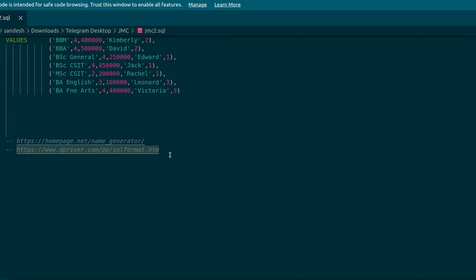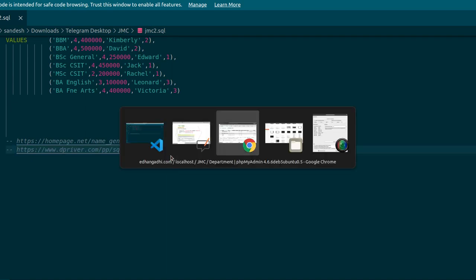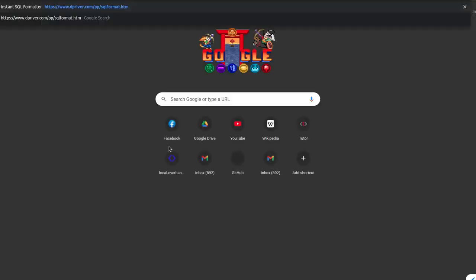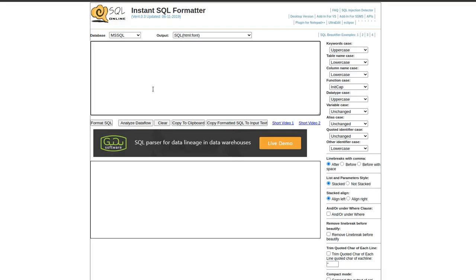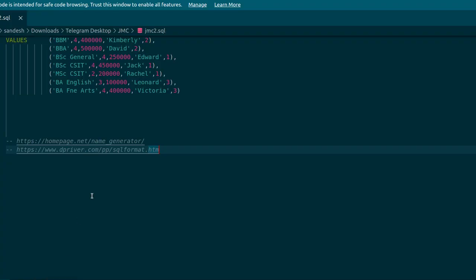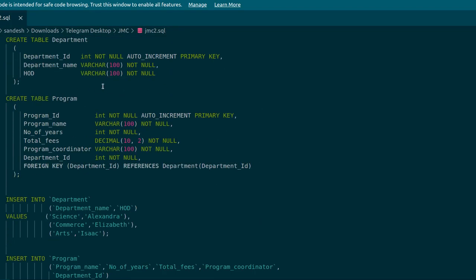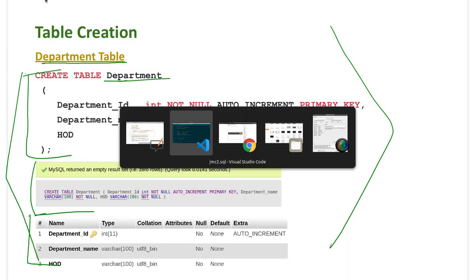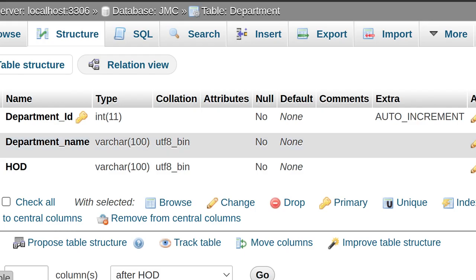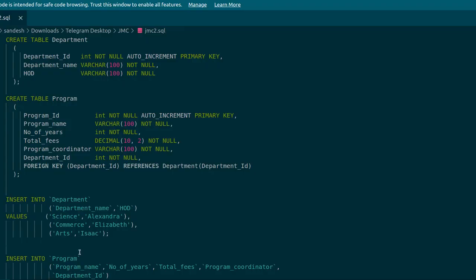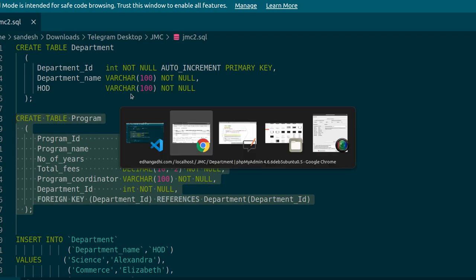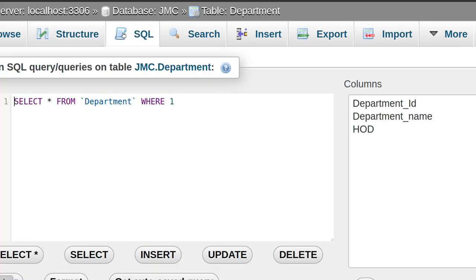If I go to this website, then you can paste your code here. For example, this is already formatted, but if you paste normal code also, we'll see in the next code. For example, this code is for creating program, and this one I'll go to SQL tab,